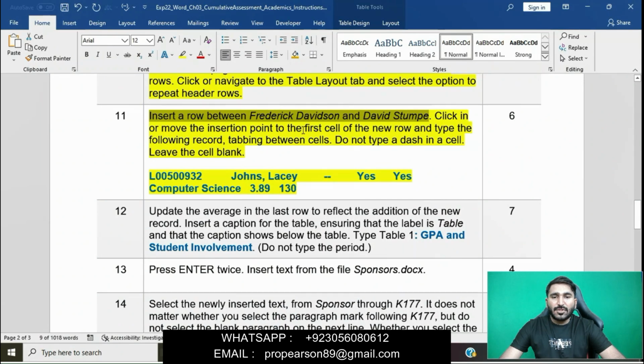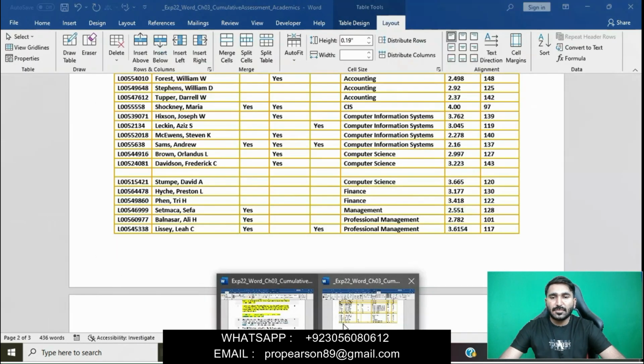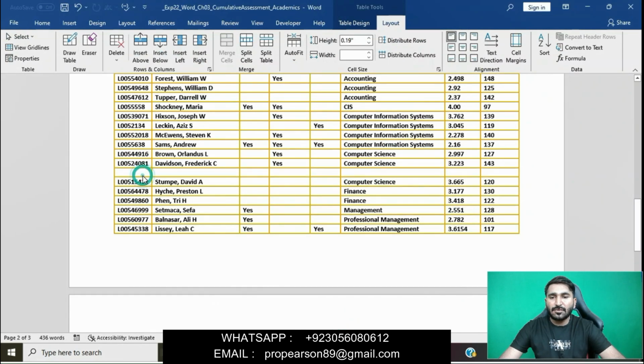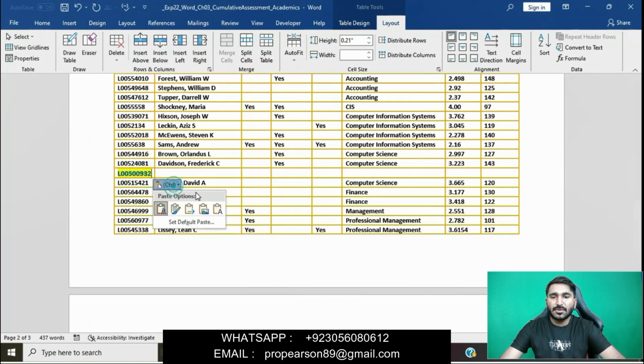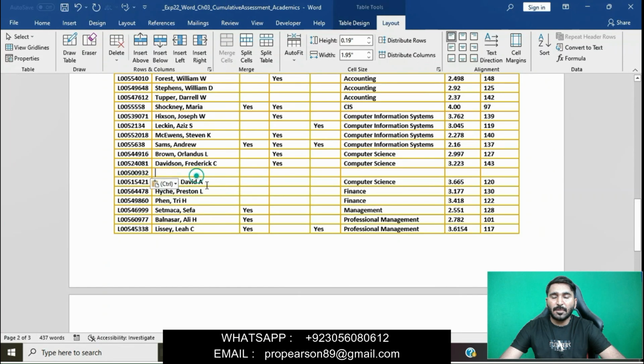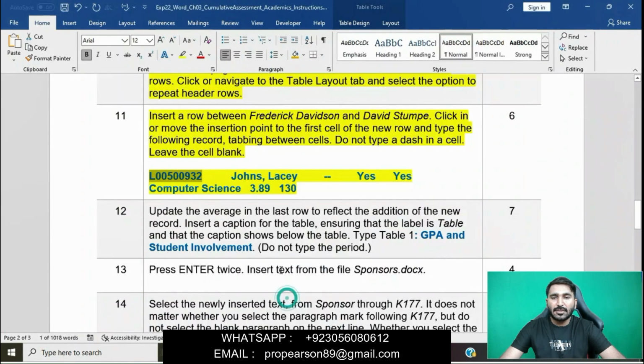Click or move the insertion point to the first cell of the new row and then type the following record. First record: L005000932. Then the second record, Jones Lassie.